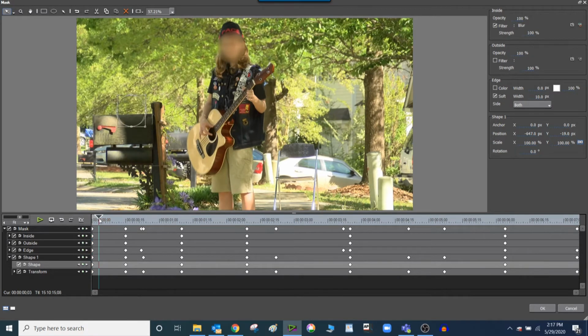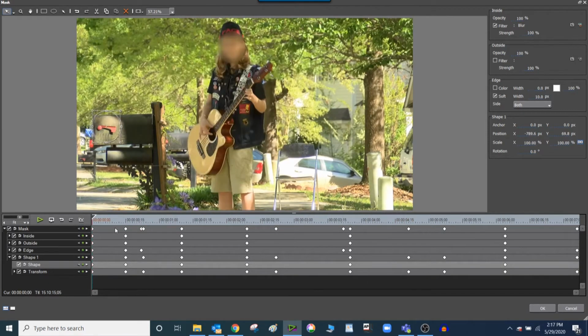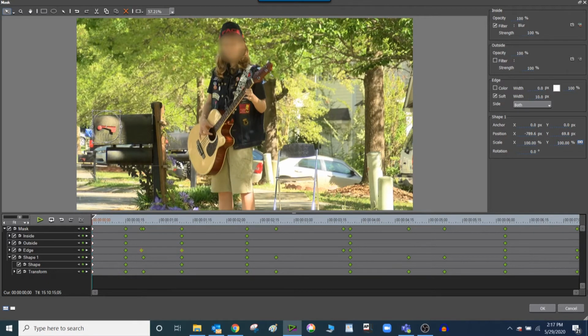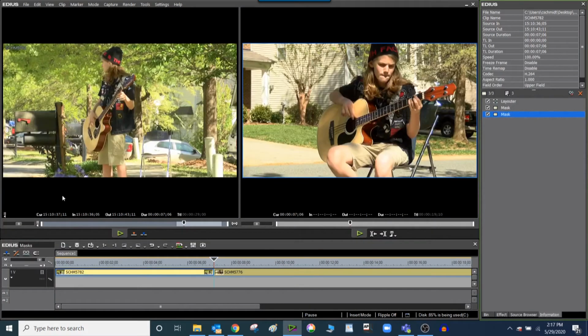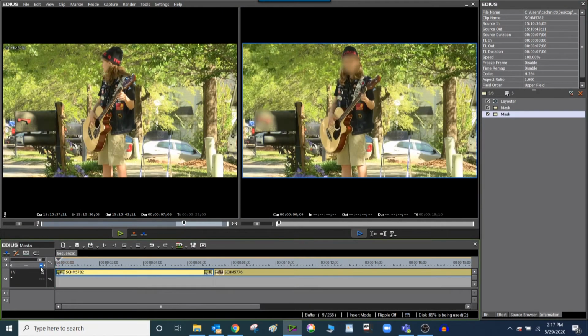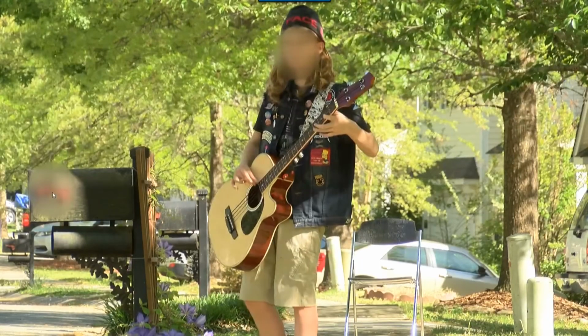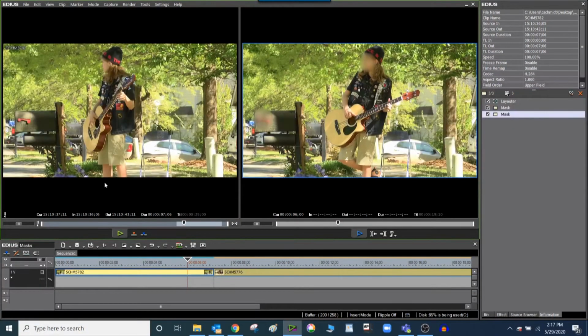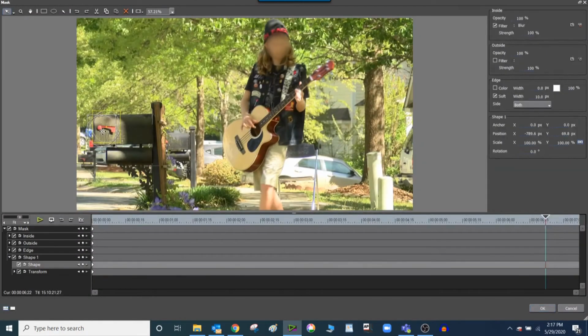Now the problem is, as you drag your cursor, it's going to go back to this. So we would want to set all new keyframes by deleting out these keyframes, and it'll stay parked right there. We'll hit OK, and you'll notice that as we hit play, we've got one blur here and one blur here. If you want it to be a different size, double click that mask and you could make it bigger or smaller. You could even delete it,